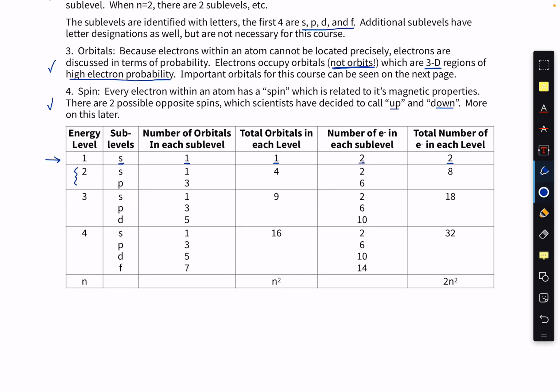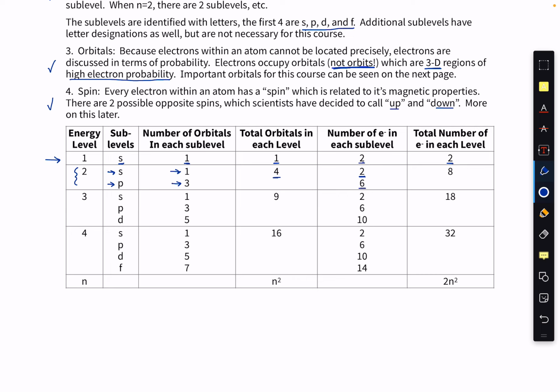If I move to the second energy level, I can now have not only an S, but I can have a P as well. Because again, in the second energy level, you can have two sublevels. Again, the number of orbitals goes by odd numbers. So 1 orbital for S, 3 orbitals for P. If I add those together, I get a total of 4. Now again, each orbital can be assigned up to 2 electrons, as long as the spins are opposite. So my S sublevel, since it only has 1 orbital, can hold 2 electrons. My P can hold 6 electrons, because there are 3